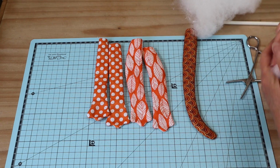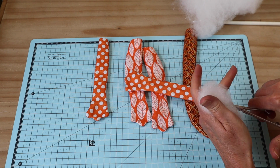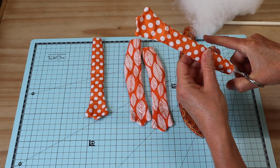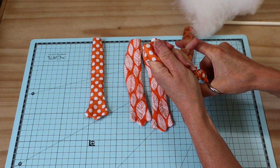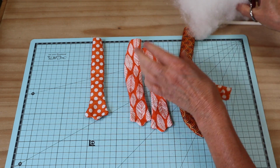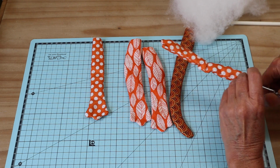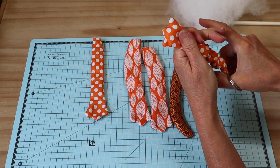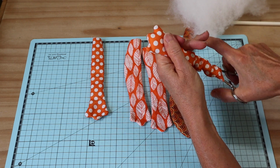So now we just need to fill them, and that is just as simple as, again, forceps are best for this because you can really take your filling right down to the end and put it exactly where you want. So I just fill out those little toes first, nice and firm. And once I've got those all nicely packed,